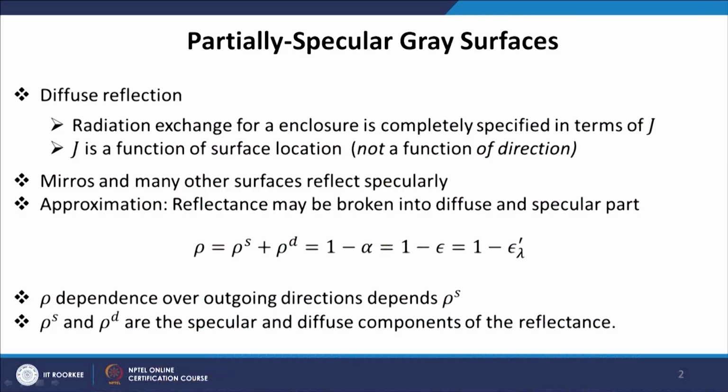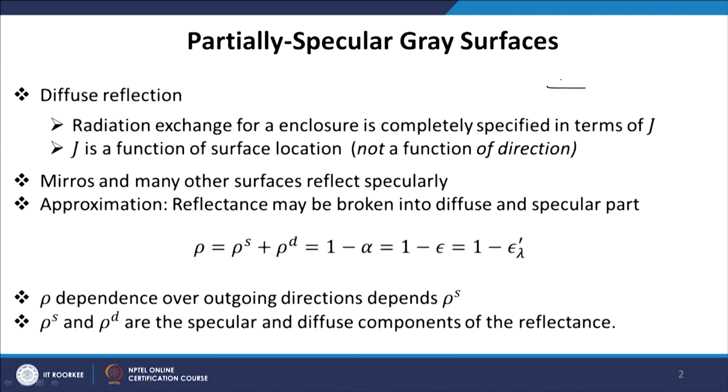So, for diffuse reflection, we introduced in the previous lectures a quantity called radiosity. The good thing about diffuse surfaces is that we do not have to distinguish between emission and reflection. Let us say we have a surface that is a diffuse emitter, that means it emits radiation uniformly in all directions, and the same surface